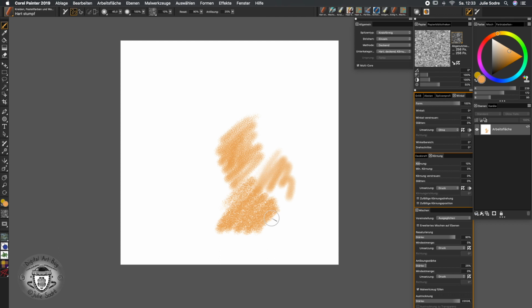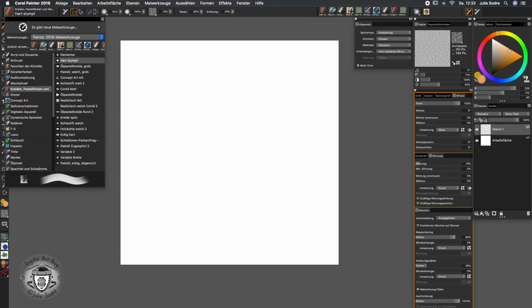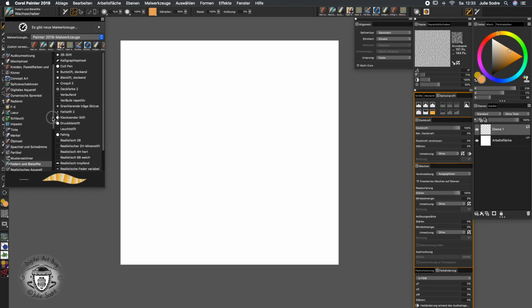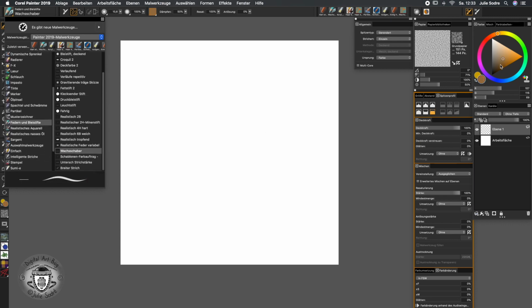Today I really like to be working with something that is more basic, and you can as well increase and decrease the size of this texture if you would like it to be less present on your illustration. I like to work in a combination of tools, so I'm going to be opening a new layer since I want to be working with transparency, and I'm going to click on Wachshaber, which is on feathers and pencils quite low. I'm grabbing like a middle tone,